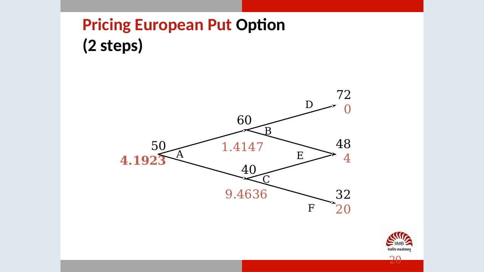So essentially the value of the European put option. So a couple of things. First, the value of the European put option in this case is 4.1923. Now remember one thing, whether you calculate the put option or the call option, the tree does not change. The tree and the probabilities do not change. What changes is only the payoffs at the nodes. The payoffs change from the call option case. So for a call option,